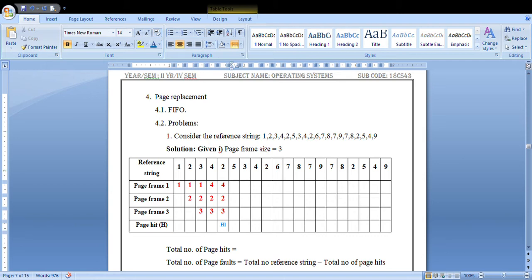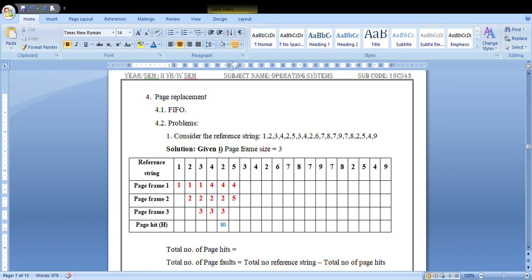The next page is 5, so it is a new page. For that you need to replace one of the existing pages. Now check: 4 is repeated 2 times, 2 is repeated 4 times and 3 is repeated 3 times. Compared to 3, 2 is repeated more times, so you are going to replace 2 by 5.